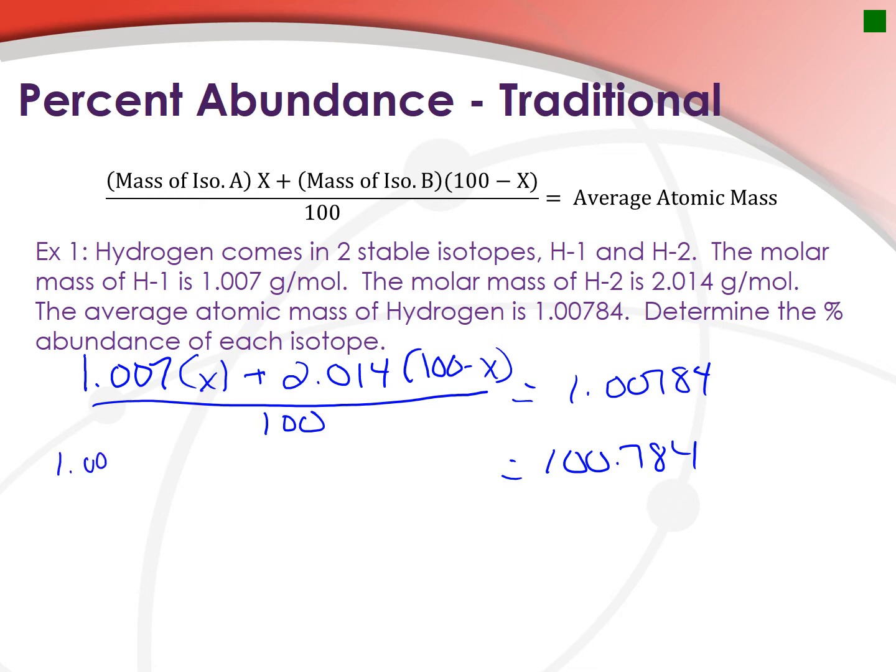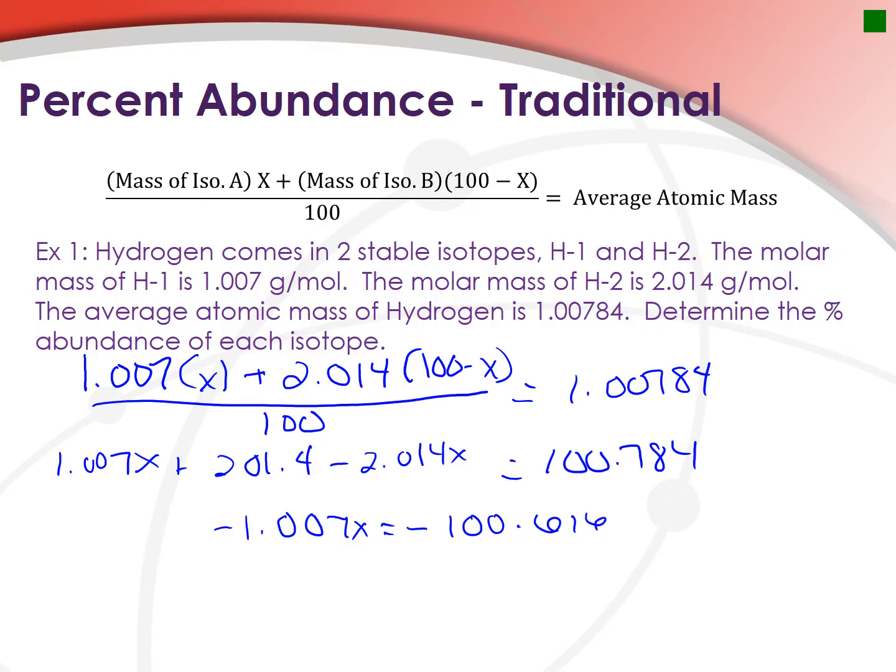So it's 1.007x plus 201.4 minus 2.014x. Okay, and now I'm going to condense to get the like terms together, so it's negative 1.007x. I'm going to subtract that 201.4 from both sides, so I get negative 100.616. Divide both sides by a negative 1.007, and I get my x equals